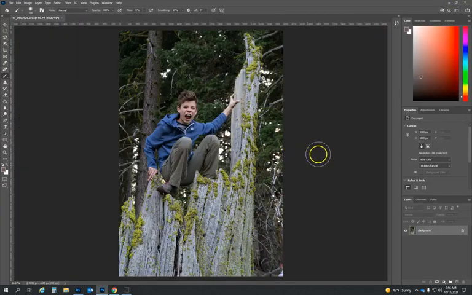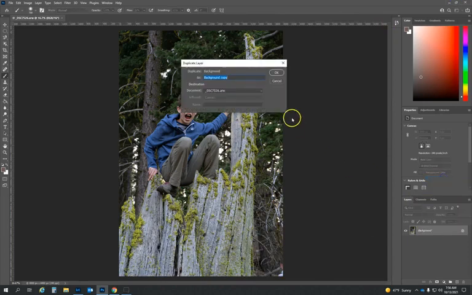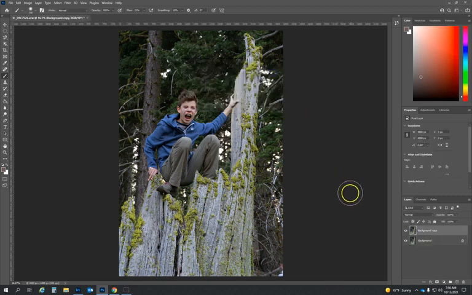And here we have it. The first thing we're going to need to do is duplicate this layer. So in your Layers tab, right click on your background layer and go to Duplicate Layer. Hit OK. And we're going to desaturate this layer. So if you press on your keyboard Control, Shift, and U, that's going to change it to